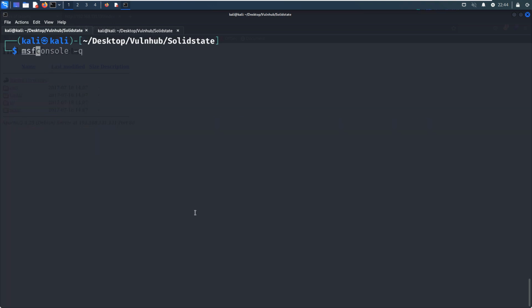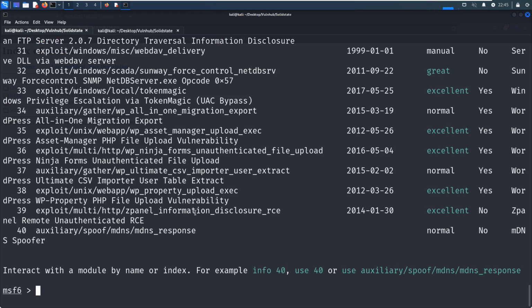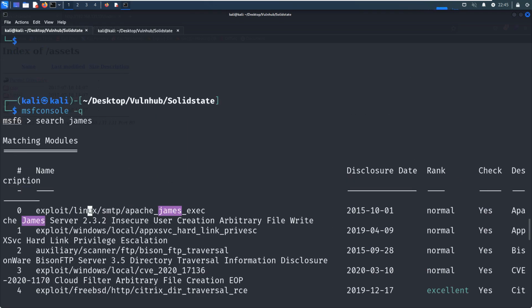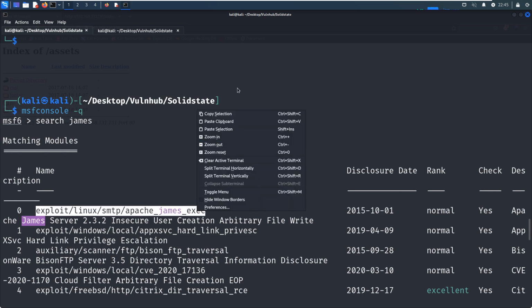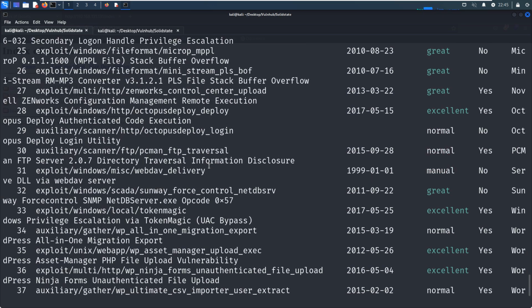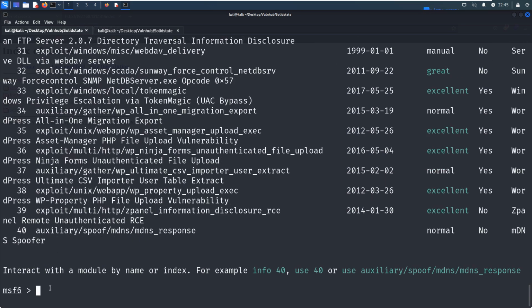We can launch the Metasploit console. And we can search gems. And I think the first one is what we want, the exploit linux smtp apache gems. So we can copy and use this module.